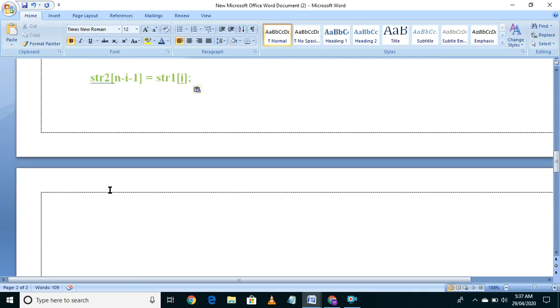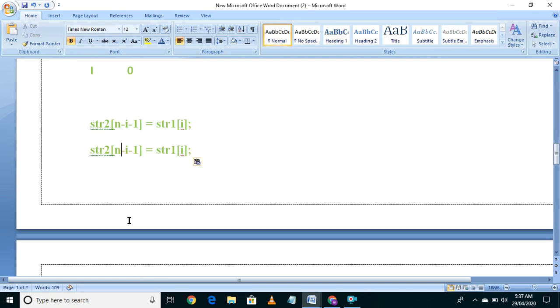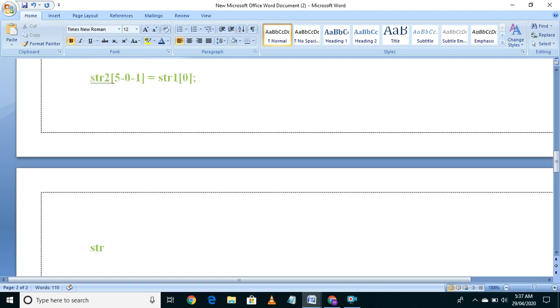Here n value is 5, I value is 0 initially. So str1 of 0 should be copied to str2 of 5 minus 1, which will be 4. So the value of str1 of 0 should be copied into str2 of 4.